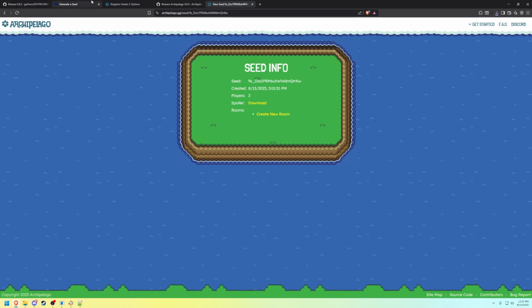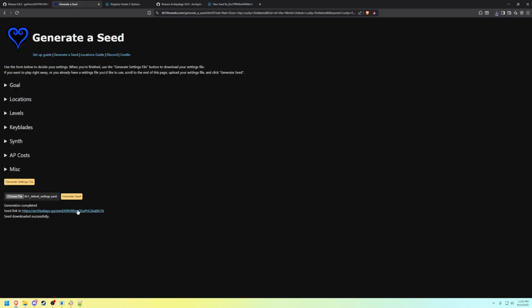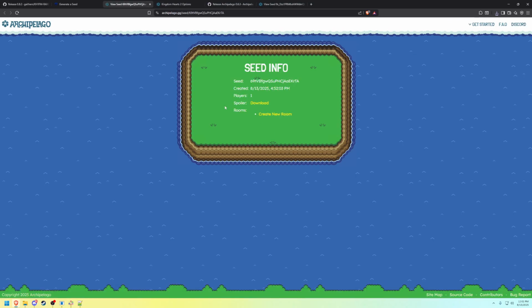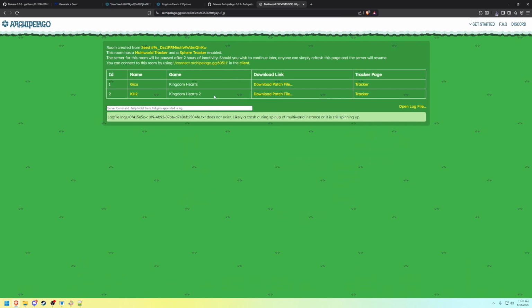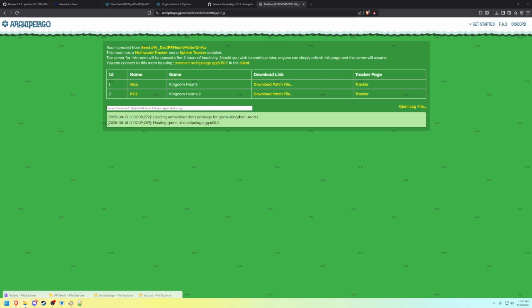And now we've got the same page. If you notice, it's the same kind of page that Generation did over here, but now we've got 2 players, right? And it's got the same spoiler log. What we can do is create a room. And now, because this is multiple slots, it does require a connection to a server. So yeah, I think the next step would be, let's talk about how to connect to an Archipelago server with